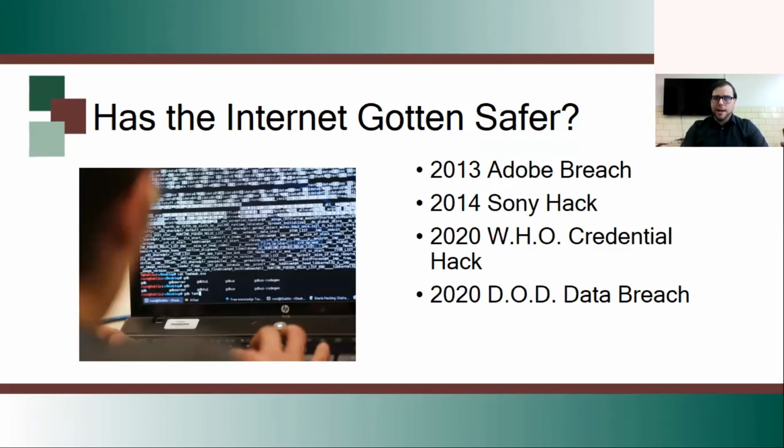Sony had a gaming hack as well, I believe in 2010. In 2014, Sony Pictures had a hack of their own. This was done by a hacktivist group called the Governments of Peace. This caused I think a dozen or so movie scripts to be leaked. Employee information was compromised, credit card information was compromised, funds were stolen, and I unfortunately didn't get a picture of this, but this was one of the most